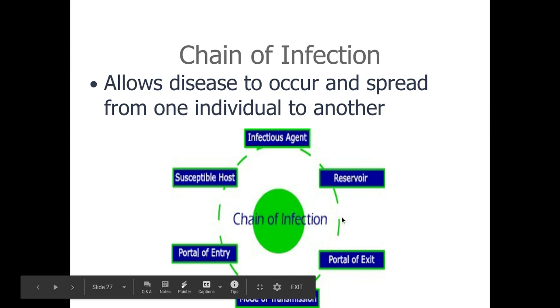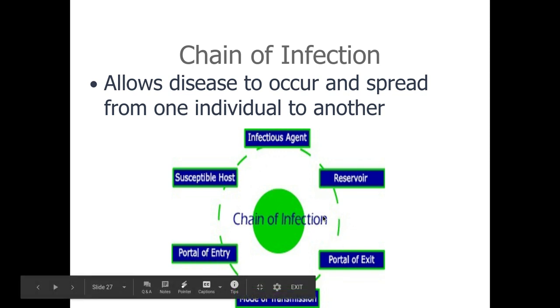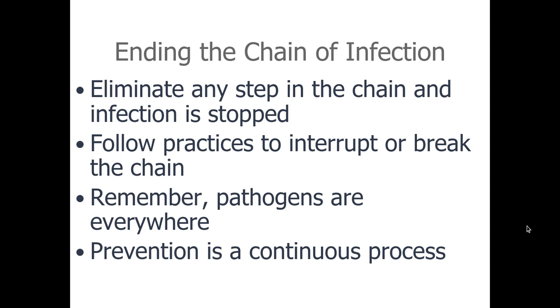We'll talk about how you can break up the different links. Hand washing is huge for the majority of these things. But just know that this chain of infection is kind of a circle of how things are spread. When it comes to the chain of infection, it's super important to try to eliminate any step in the chain that you can to stop the infection. I talked about how hand washing is super important. Let's say a person is infected with COVID, they touch their mouth, they touch some type of surface, a doorknob. If somebody comes by and wipes off that doorknob and disinfects it, then that can be one way that you break the chain. But just make sure that you're following practices to break that chain.